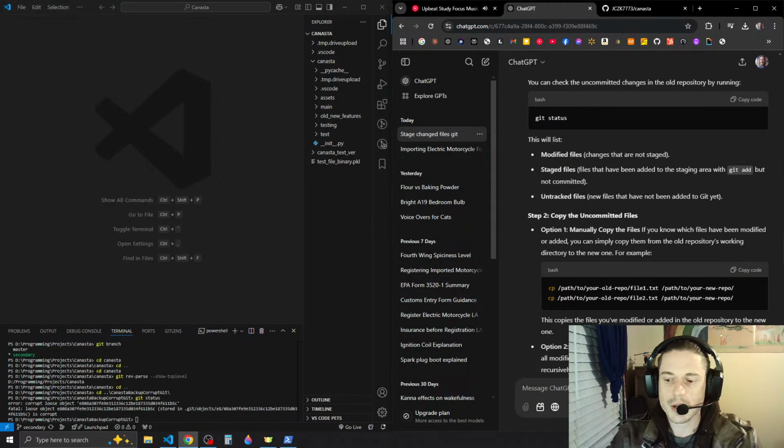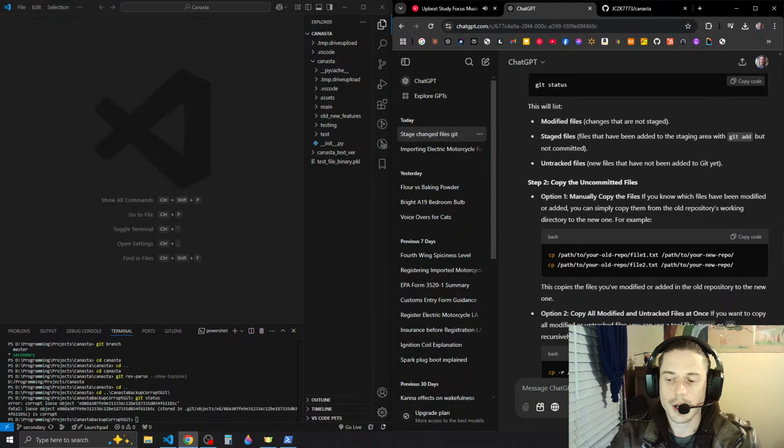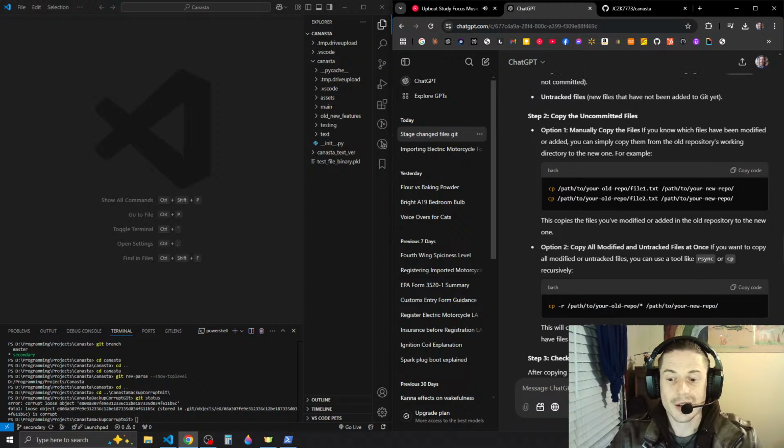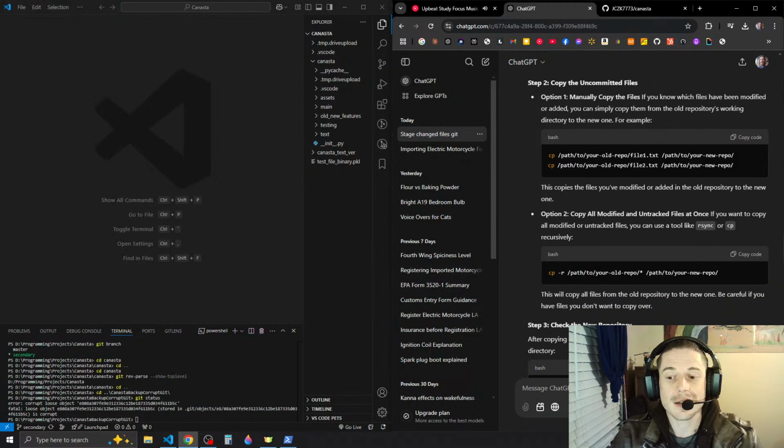Copy all modified and untracked files at once. If you want to copy all modified and untracked files, you can use a tool like rsync or cp recursively. Maybe that sounds complicated. cp -r. This will copy all files from the old repository to the new one. Be careful if you have files you don't want to copy over.